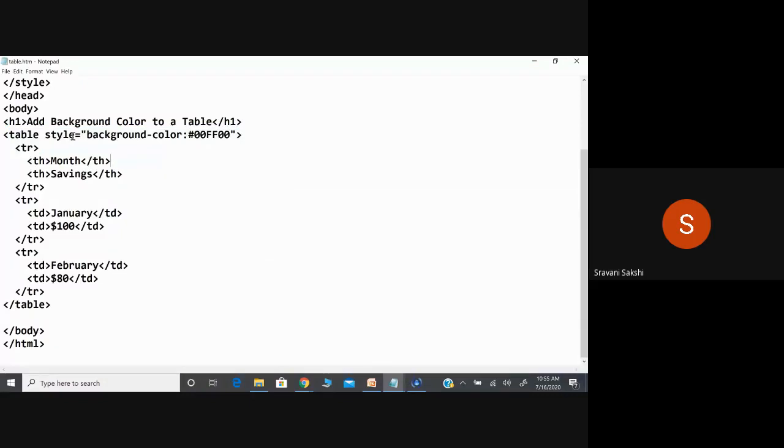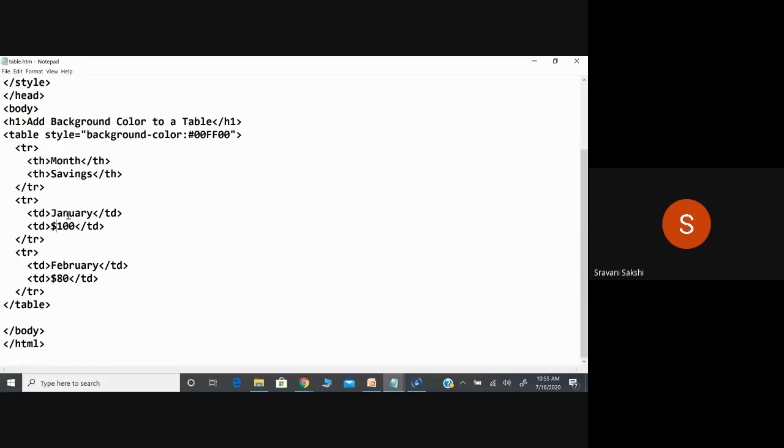Okay, so table rows, headers: what am I giving in the table row? I am giving one header as month and the other header as savings. Okay, and in the same way, in the table row, what data am I giving? Month and savings are the headings of my table. So what is the data you want to display?